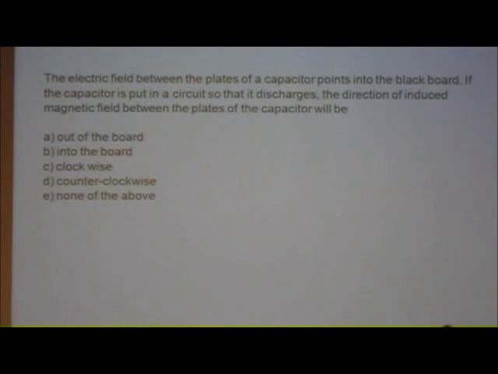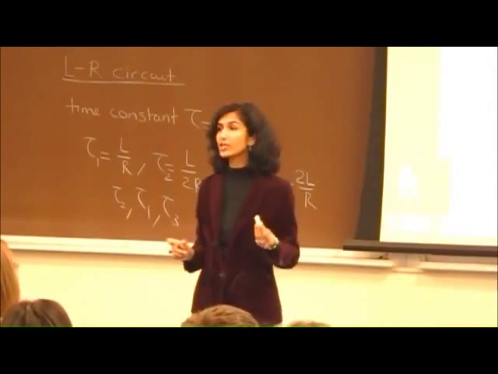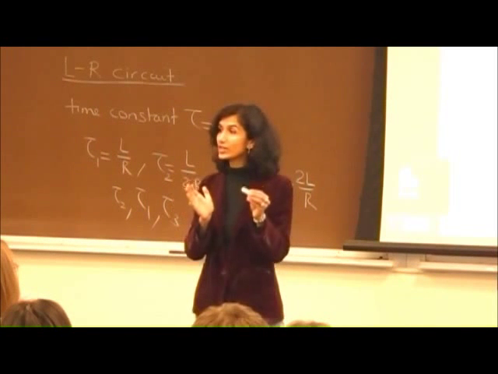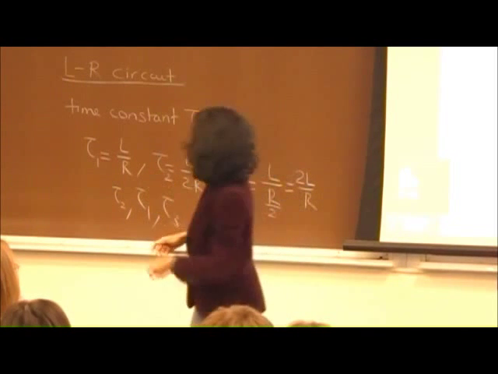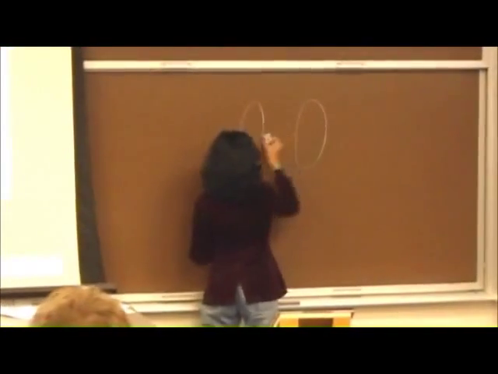All right. So again, one of the other things that you need to think about is what is the relationship between the direction of the displacement current versus the direction of the real current in the wire. Does anybody remember from last lecture? What do you remember about the direction of the displacement current versus the direction of real current in a wire? Displacement current is a fictitious current that you can think of as flowing between the plates of a capacitor. So for example, if you have a circuit like this,